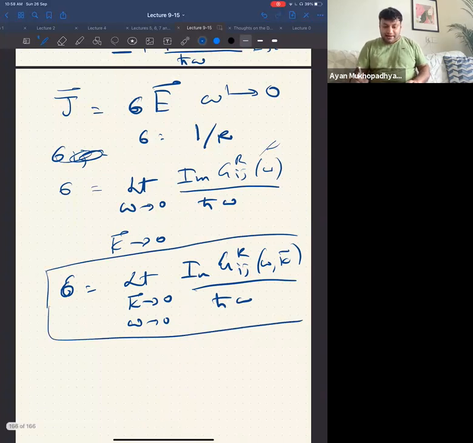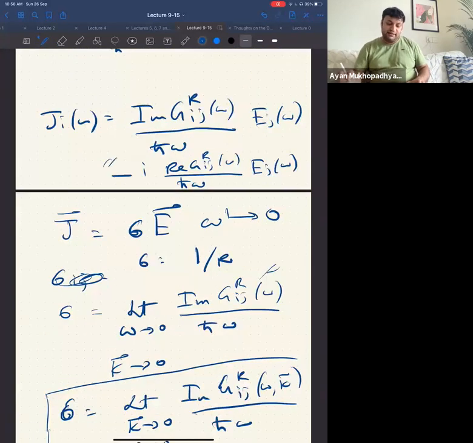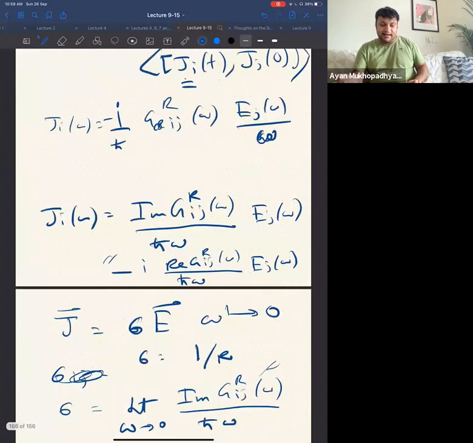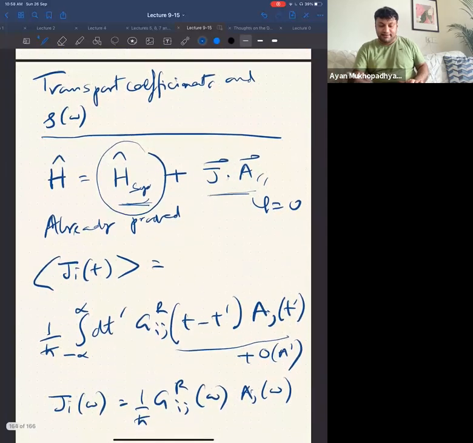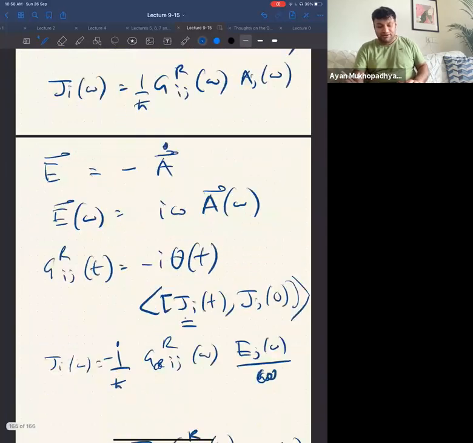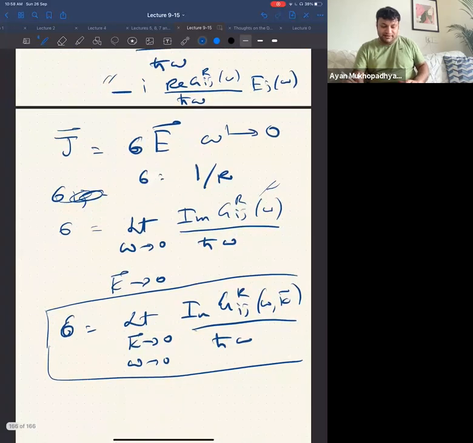Okay, but you can worry, what about this term? What is happening to it? What does this mean? This will actually be related to the capacitance. You can wonder whether this diverges when omega goes to 0 or not. So there is actually a divergence which gets cancelled. And that's because I have cheated you a little bit. Not exactly cheated you. The thing is that